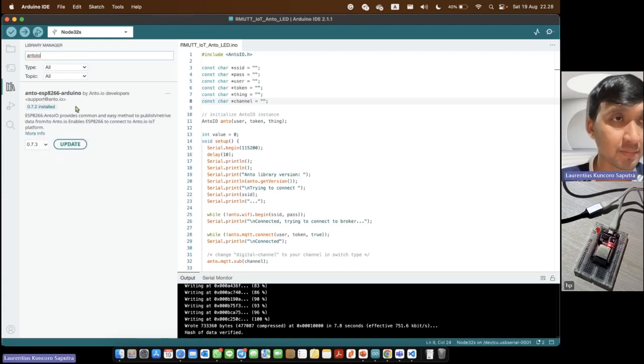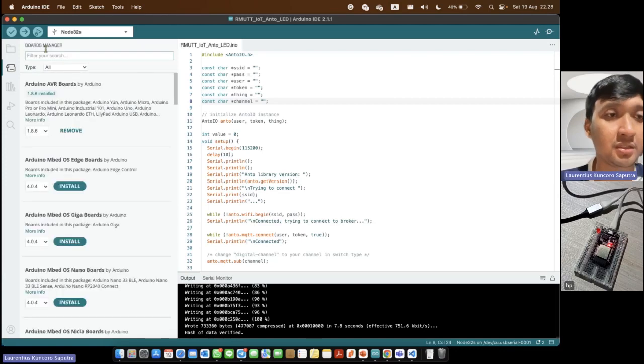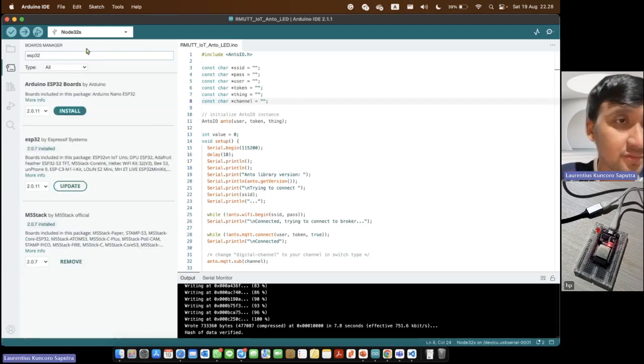Also, if we want to use the ESP32, you should make sure of the board version for the ESP32.